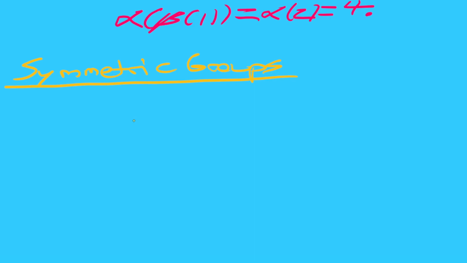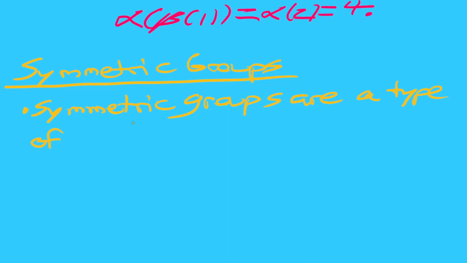So symmetric groups are a type of a set A equals 1, 2, and so on up to n,